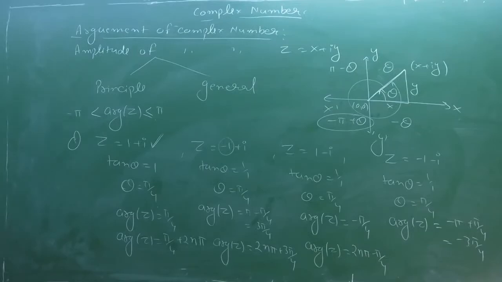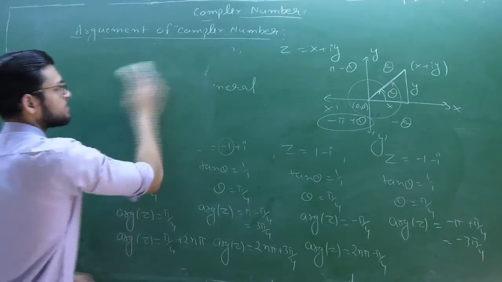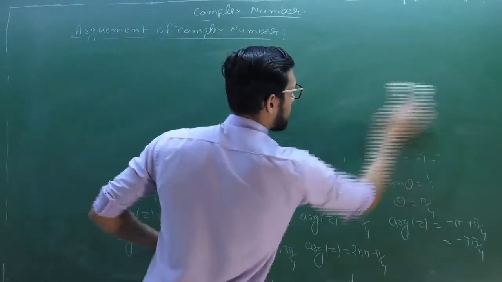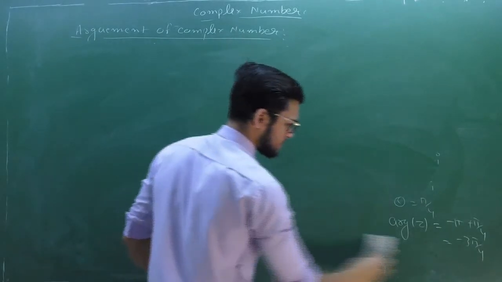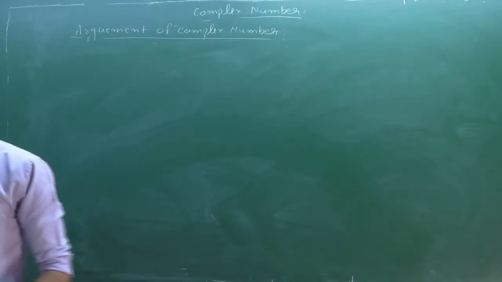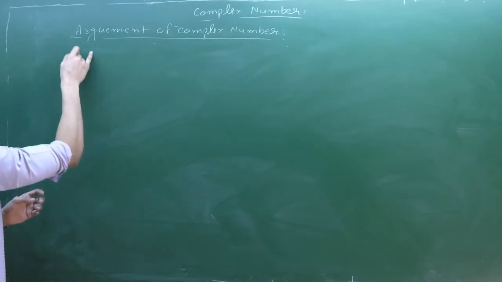Okay, all right. So after this we have some properties of the argument of z, similar to the properties of the logarithmic function. Now the first property is